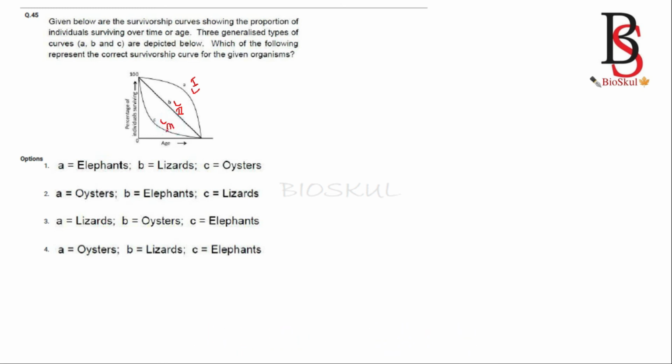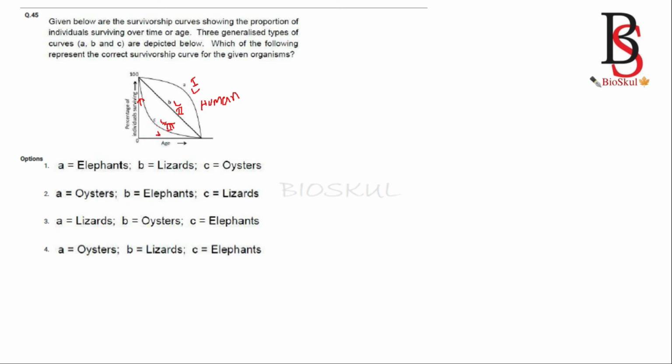In type 1 survivorship curve, the animals have a low mortality rate at the earlier stage and the mortality rate increases during the later stage, and it is represented by humans and all the primates. In survivorship curve 2, the mortality rate is independent of age. Survivorship curve 3 represents a higher mortality rate in the early stage that gradually declines at the later stage.